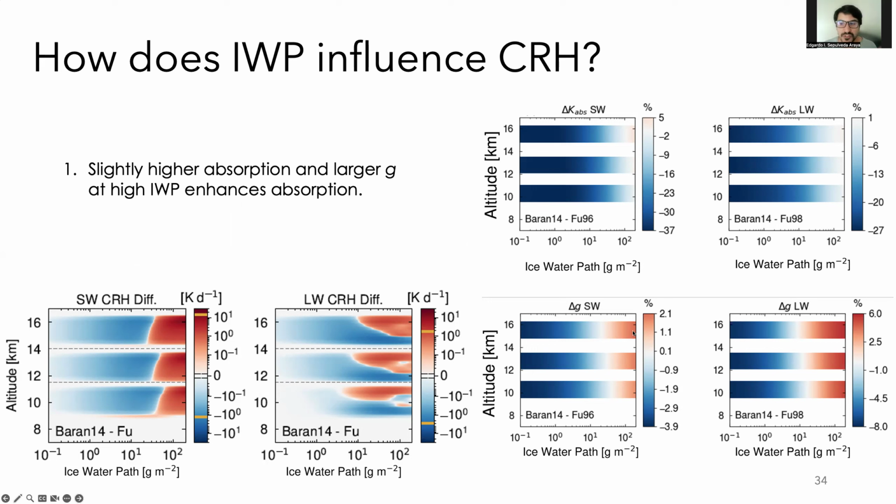So we have a positive asymmetry parameter at higher ice water path, more forward scattering, and again, this we think is less reflected radiation, more transmitted radiation through the cloud layer, and that can enhance the shortwave absorption. Similar thing in the longwave component, but keep in mind that the longwave component is coming from the surface at, we can call it a sourcing angle and a nadir of 0. So it's straight fluxes coming from the bottom, and that can create this interesting region where you can have an enhancement of in-cloud heating or the weakening of the in-cloud heating, depending on the ice water